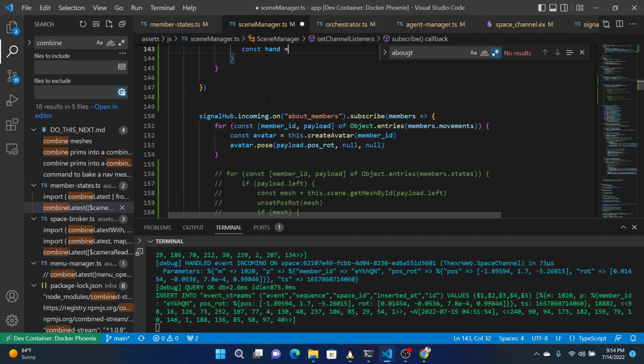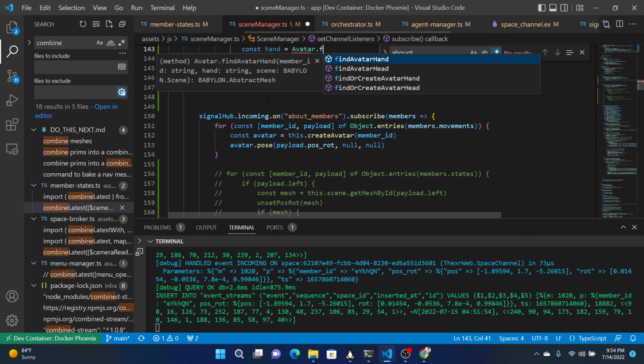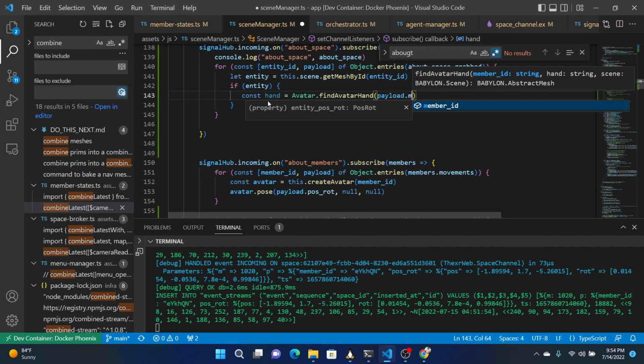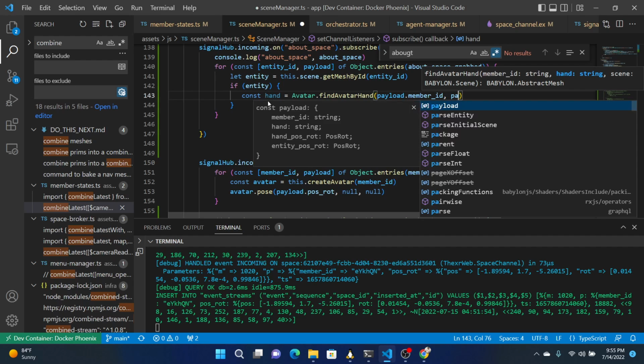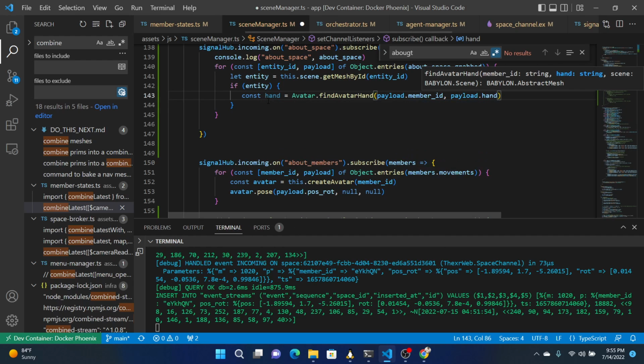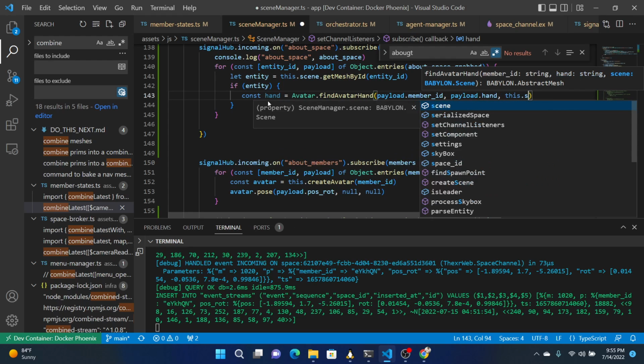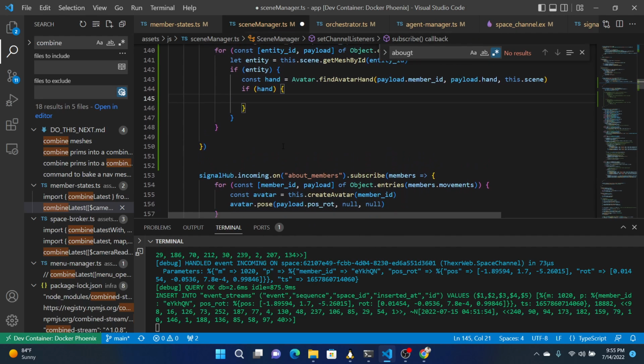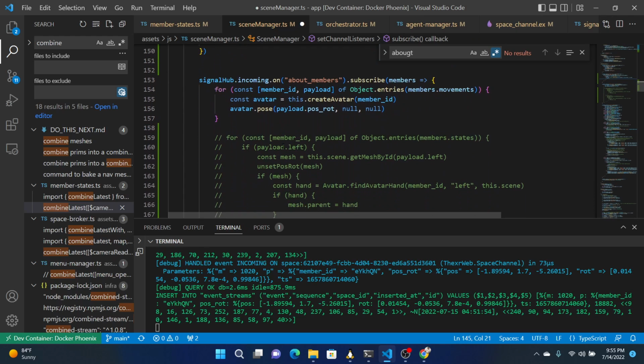Const hand is equal to avatar find avatar hand, and this thing takes the member ID, which will be in the payload member ID, and the hand, which will be in payload hand, and the scene, which will be this scene. And if there's a hand, then we can try to